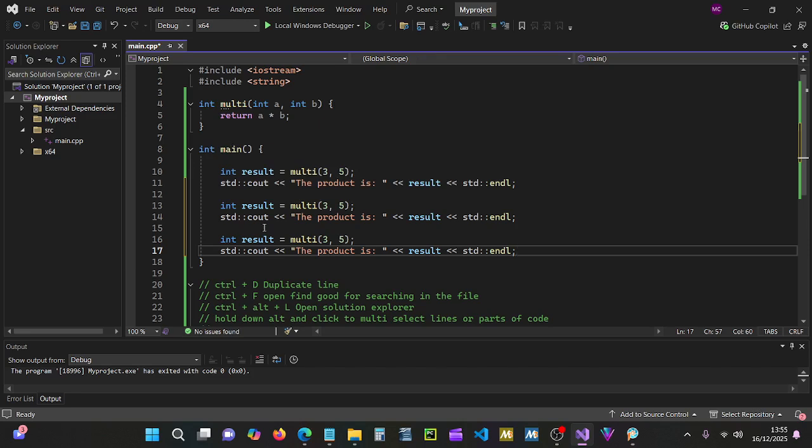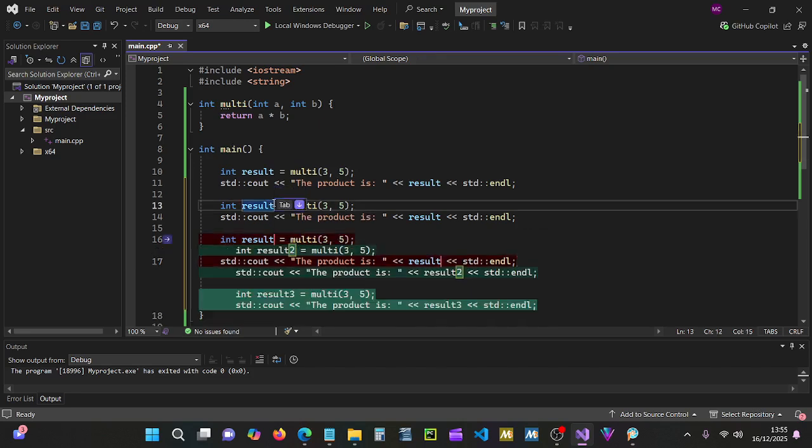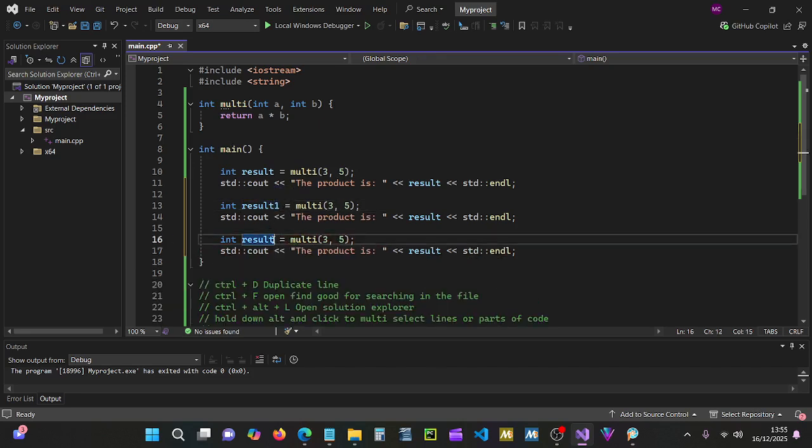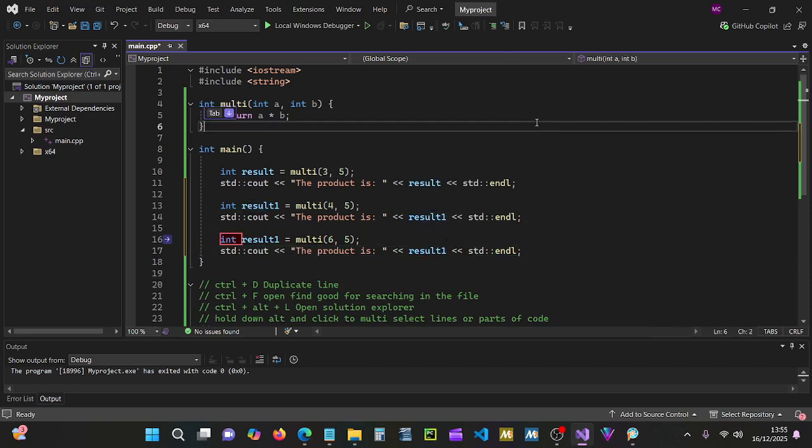So then we could have result 1, result 2, 4 by 5, 6 by 5, and we're going to make sure we change these. If we don't, it'll just print out the same numbers on all of them, and there we go. And if we run that,